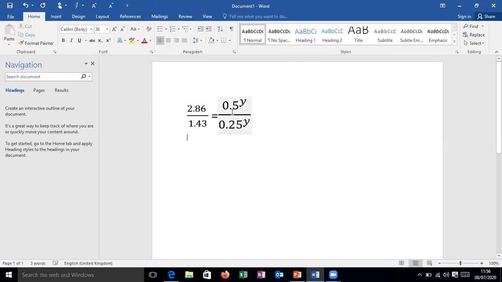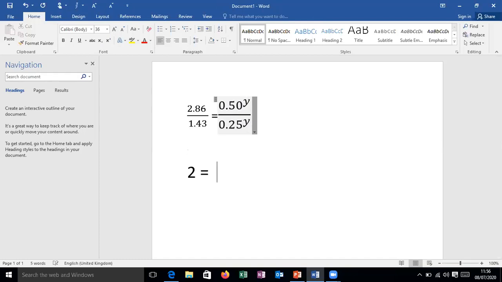Now, when we use indices for this, is it 0.5 or 0.50? Okay, you can still use the 0.50. You get the same result though. Let's use the 0.50 as it is. So from here, when you put 2.86 divided by 1.43 on your calculator, you get 2, right? Okay. So we have 2 being equal to